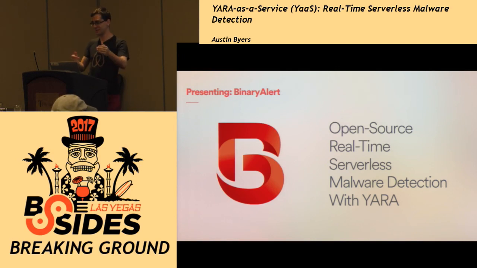Open source: at the end of the talk today, we're going to click the button and it'll be available to use, and we're going to continue to contribute to it like StreamAlert. Real-time in the sense that if you have all of these binaries, you need to know immediately if one of them is detected as malware. As soon as a file is uploaded, and we'll talk about how it works, it'll let you know within a minute or two whether an alert's fired.